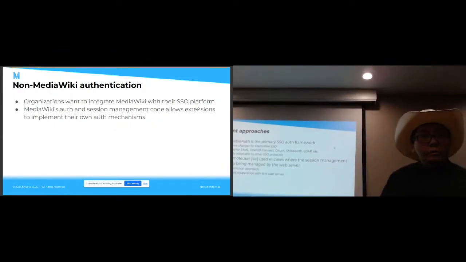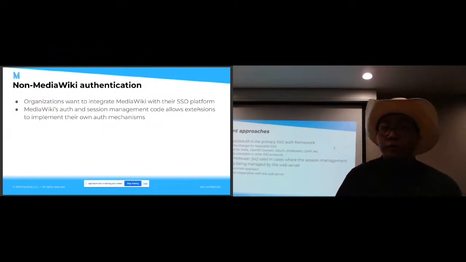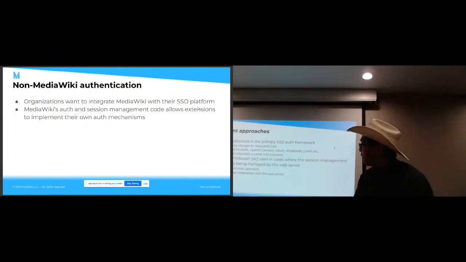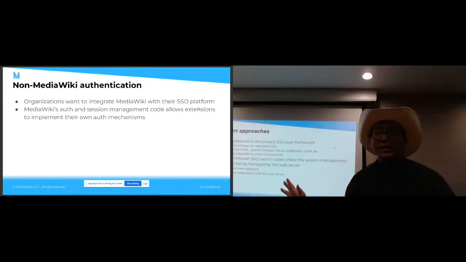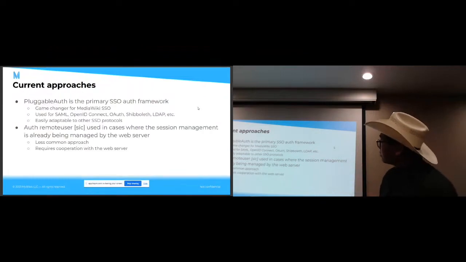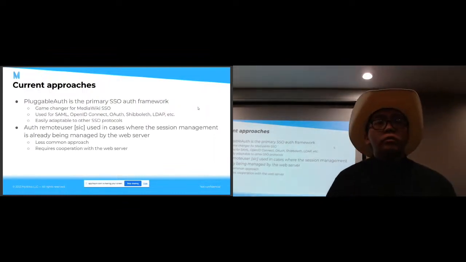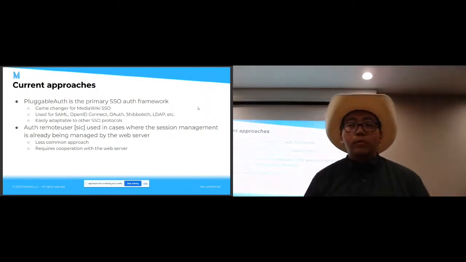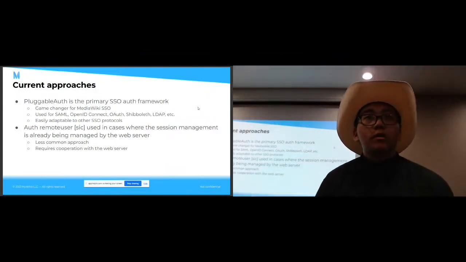I like to say that before pluggable auth, we were in the dark ages of SSO, and people were nodding their heads, right? It was really bad. But once pluggable auth came around, it was like a renaissance of SSO for MediaWiki. I know Cindy's laughing, but it really was. It can be used for so many SSO protocols, and it's easily adaptable to other SSO protocols as well, which is awesome. So it's a really flexible framework, and it sits on top of AuthManager and SessionManager in MediaWiki,